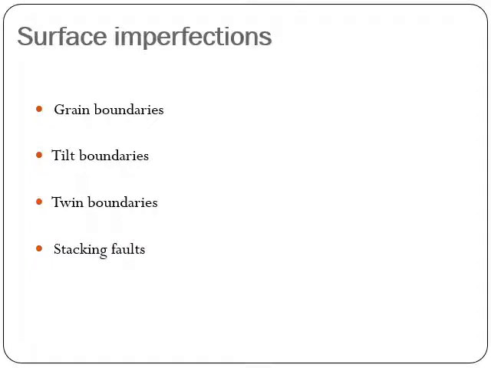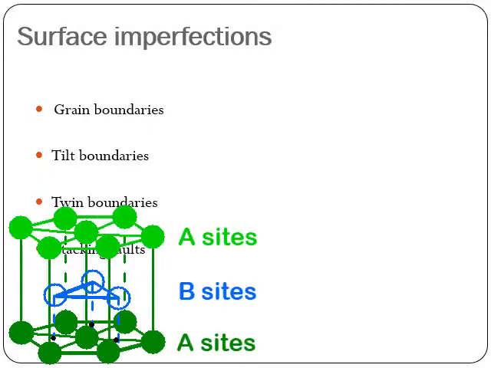A stacking fault is something like a book rack. You can imagine a book rack where you keep the books in alphabetical order, A, B, C, D, like that. Even in the crystal, we are going to have stacks, which are arranged in a proper way.